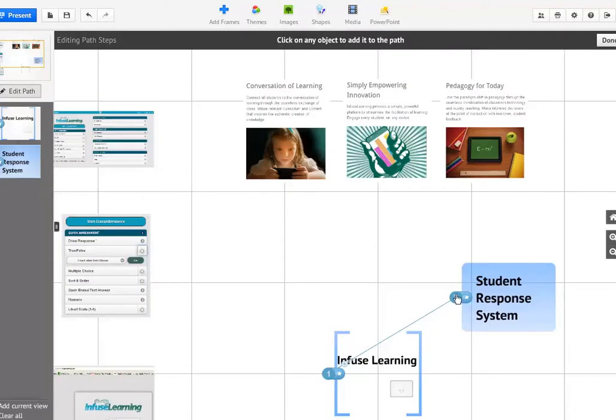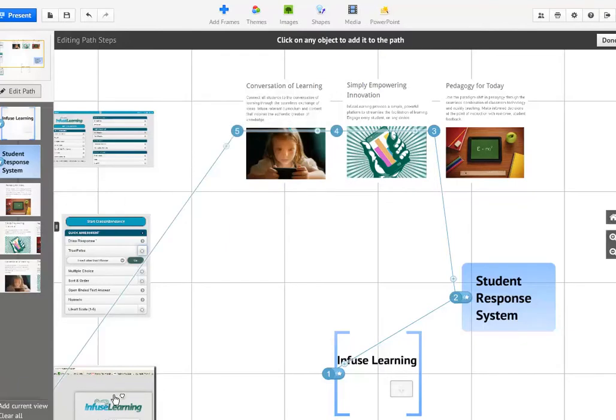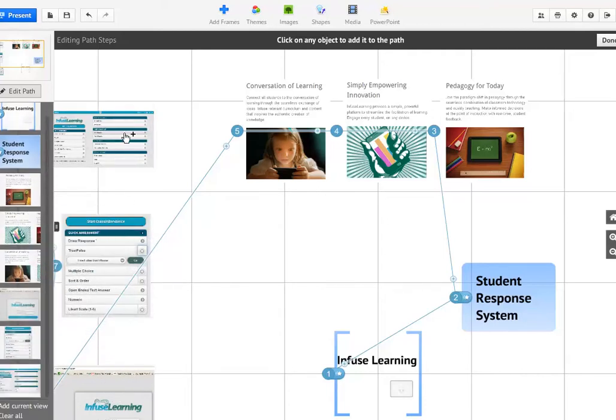So I want to now go from 2 to 3, so I'll just roll my mouse up here to number 3 and click on number 3. It puts a little thumbnail over here. Then I want to go over to number 4, and then I want to go to number 5. Next I'm going to talk over here about the teacher login, so I'll jump down here to this one, and then I'm going to talk about the quick assessment, and then I'm going to talk here, and I'm going to finish with a YouTube video, but I don't have the YouTube video back here,